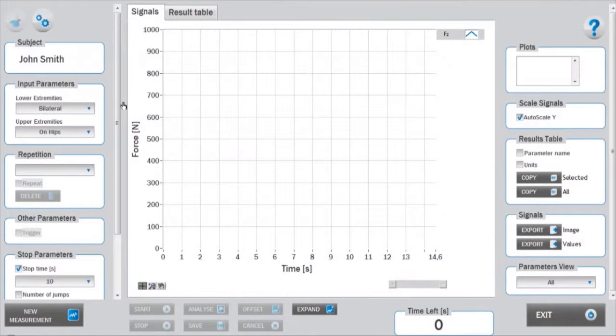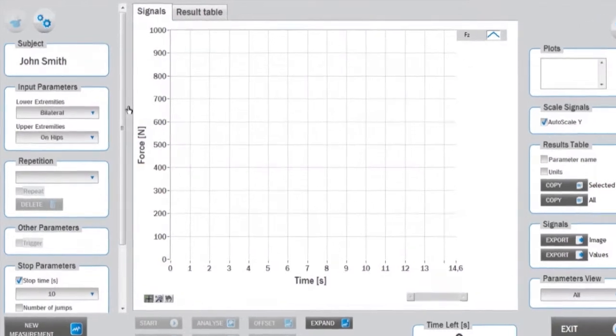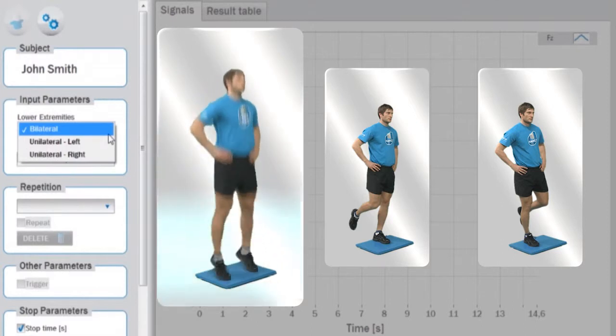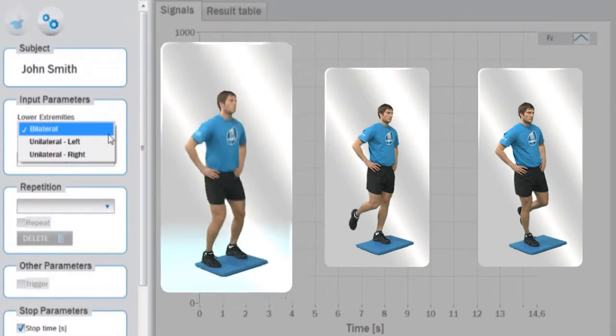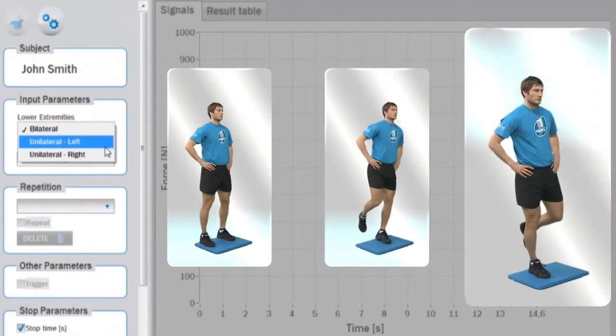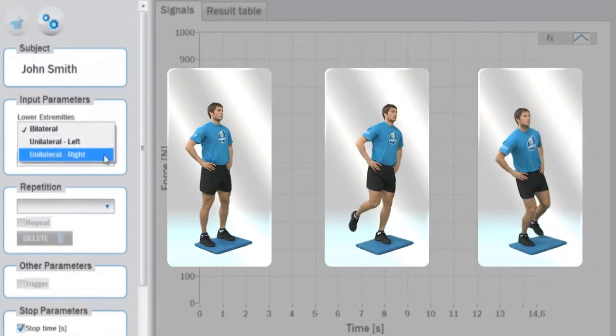Before starting with the measurement, appropriate input parameters must be determined in the setup panel. These are lower extremities, where you can choose among bilateral jump, jump with the left leg, or jump with the right leg,